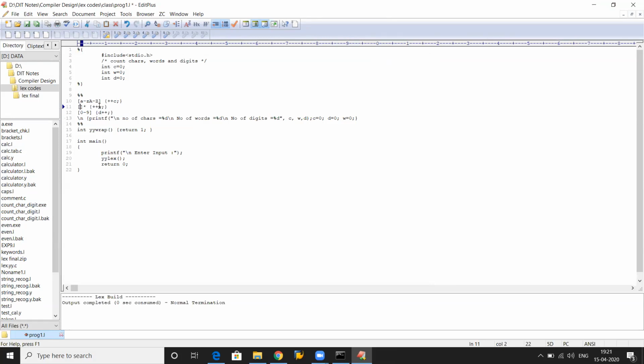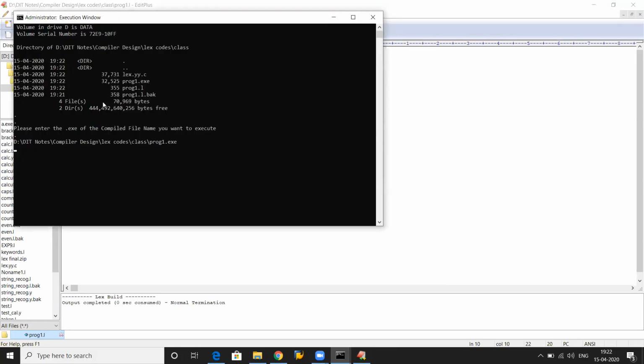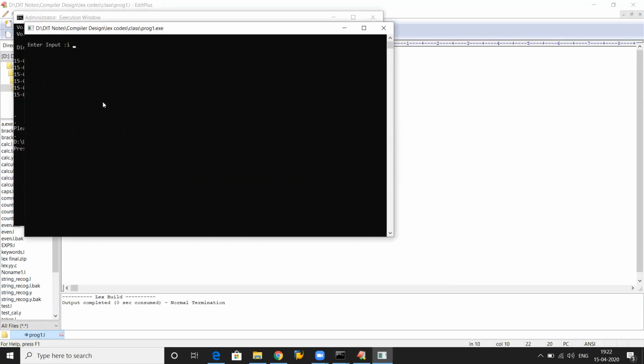Fine. So we'll calculate the number of words using spaces, right? And characters by this. Now let's see. Because we have to count the character every time. Yes. The number of characters it is showing 2, while it is 3.